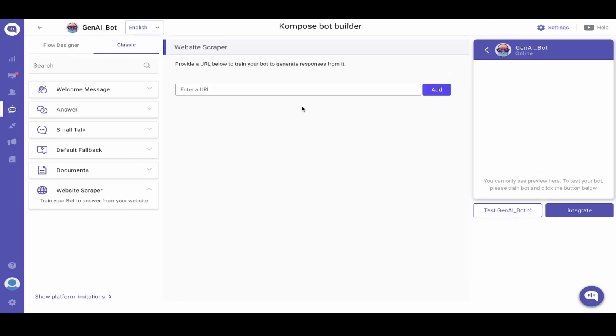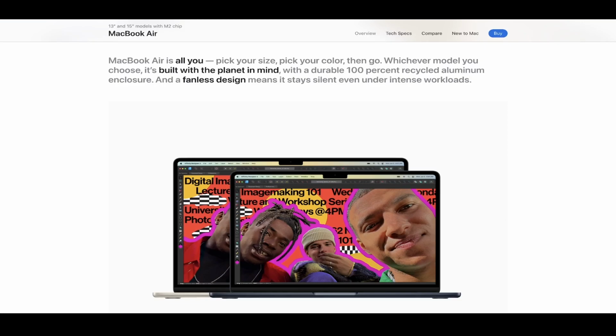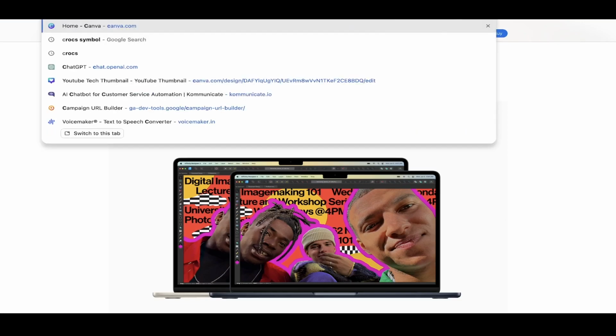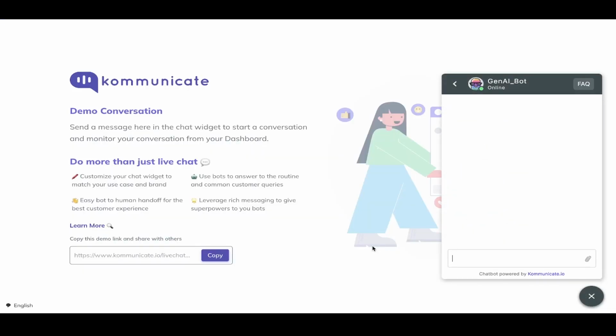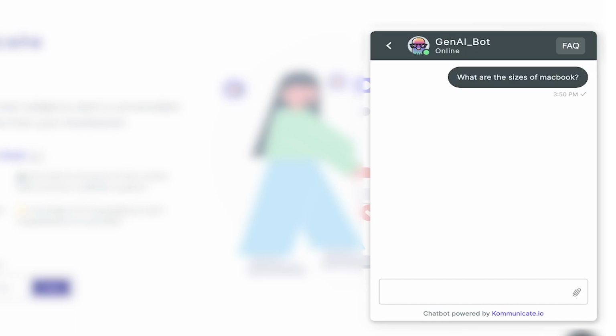Next comes the Web Chatbot Trainer. You can connect with your Help Center, FAQs, or any other URLs and train your bot with a click. Copy and paste the URL of any website page you want to train your bot on, and done. Your chatbot is now ready to answer any query related to that web page.